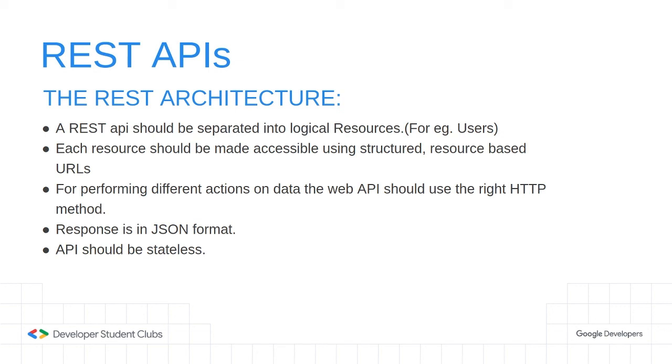The API should be stateless. By stateless we mean that our API doesn't have to remember our previous requests. For example, if we are on page 5 and now we have to go to page 6, we will ask the API about page 6 and not about the next page. We should provide all the necessary information for the API to give us the result. It should not have to calculate from our previous request. So yes, the API we have created is a REST API.